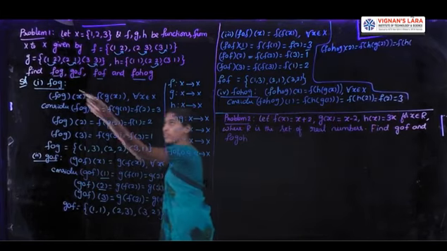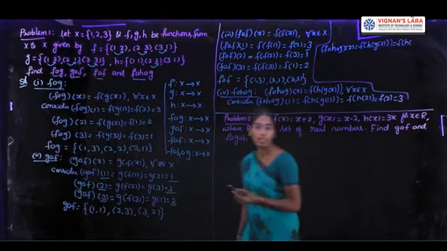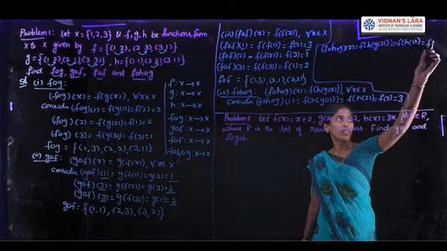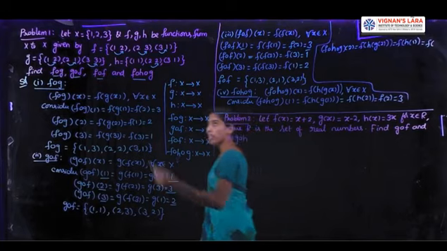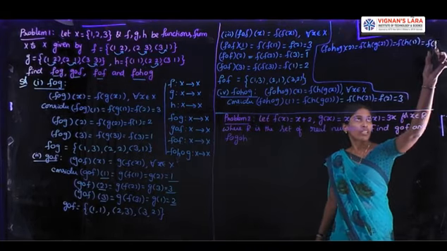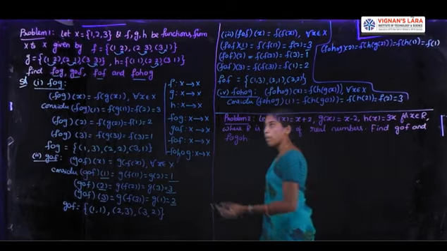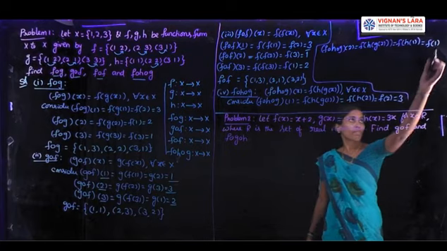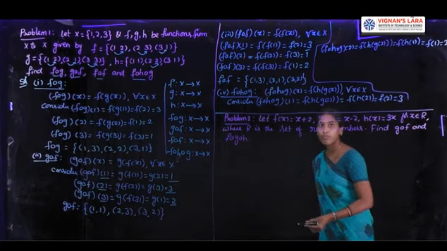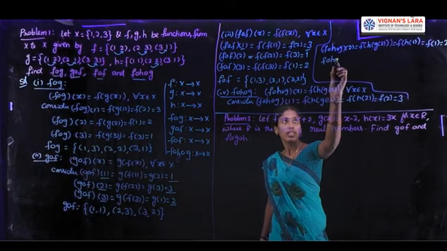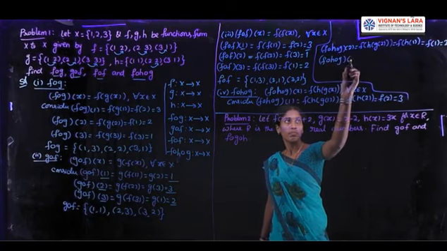In the mapping G, 2 is mapped to 1. So it is f of h of 1. In the mapping H, 1 is mapped to 1. So it is f of 1. In the mapping F, 1 is mapped to 2. It is 2. Now coming to the next element of set X, which is 3.